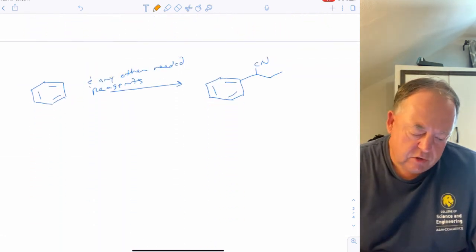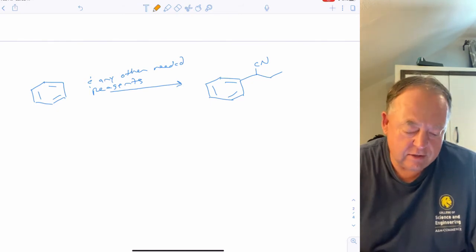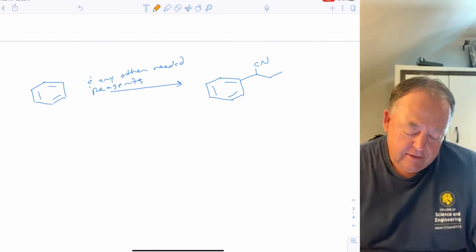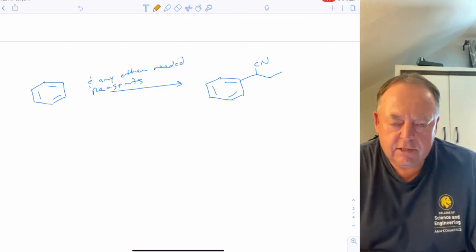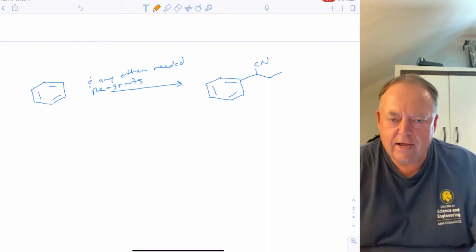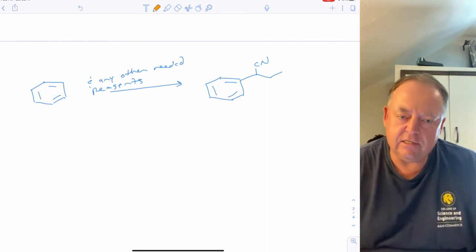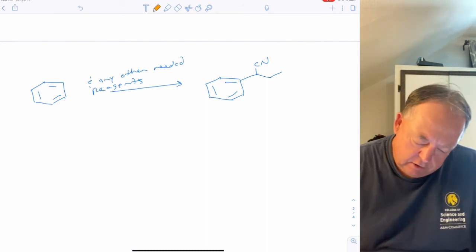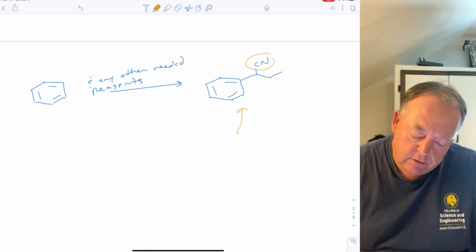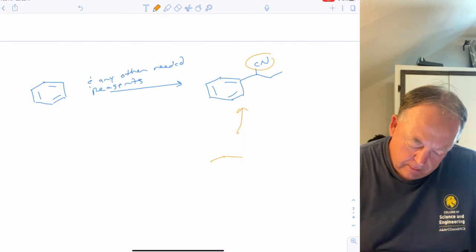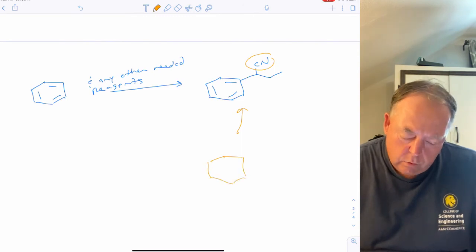Okay, one more synthesis problem. Just because I know synthesis is really difficult for a lot of students, because you have to really know your reactions. You have to have all of your reactions memorized so that you can just pull out one reaction out of your head that you need to finish the synthesis off. Okay, so if we wanted to synthesize this, well, how can you get a CN on a carbon? Well, one way that you could have done